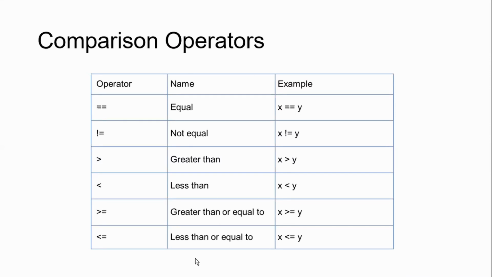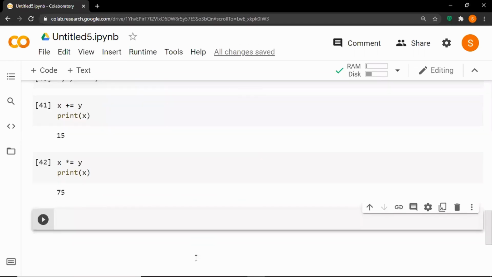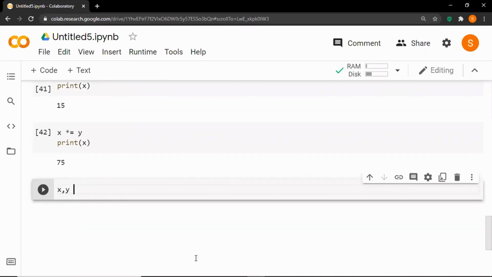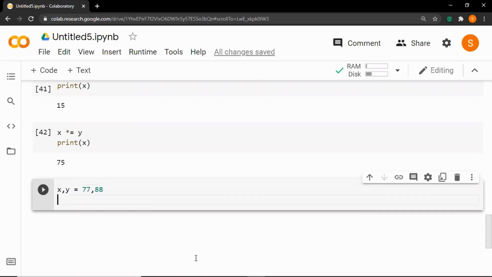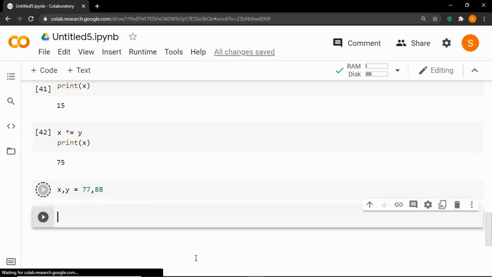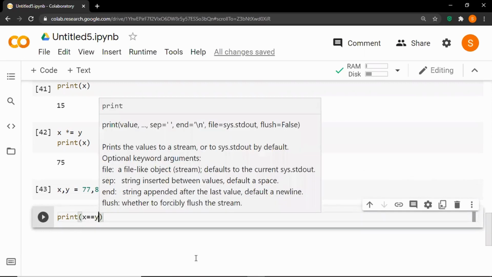So let's see them in action. Let's define two variables, x comma y is equals to 77 comma 88. Let's run the cell. Let's print x equal to y.